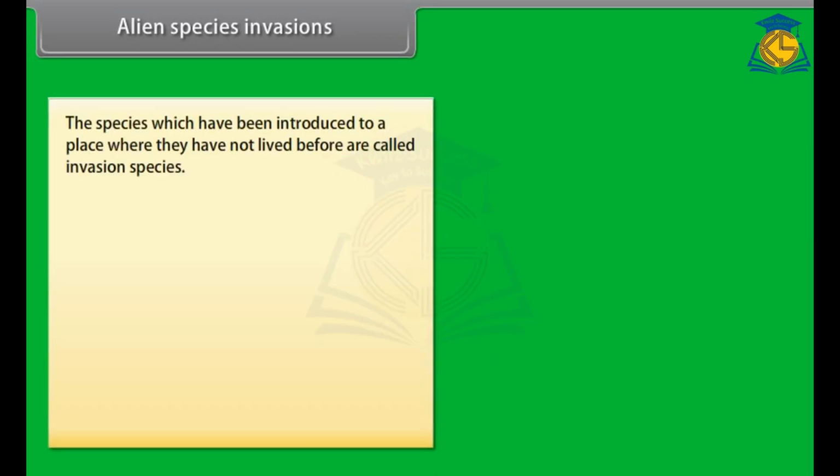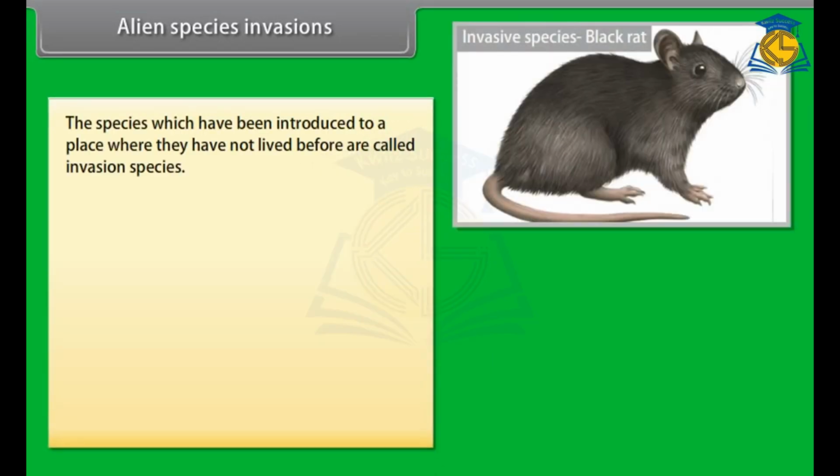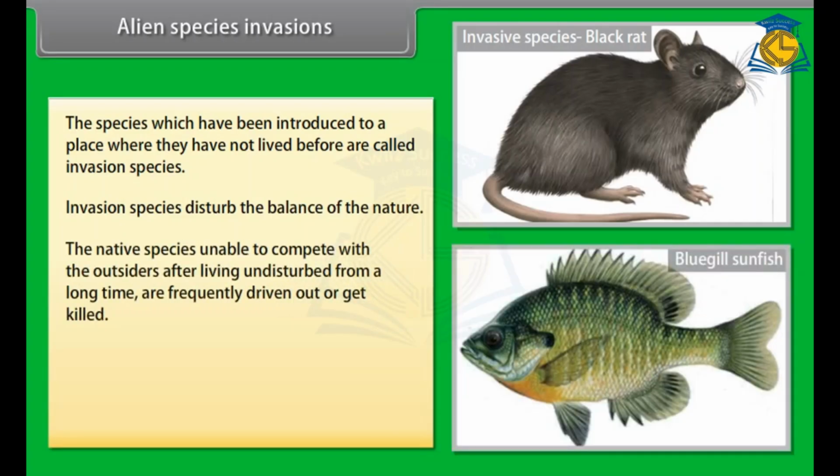Alien species invasions. The species which have been introduced to a place where they have not lived before are called invasive species. Invasive species disturb the balance of nature. The native species, unable to compete with the outsiders after living undisturbed for a long time, are frequently driven out